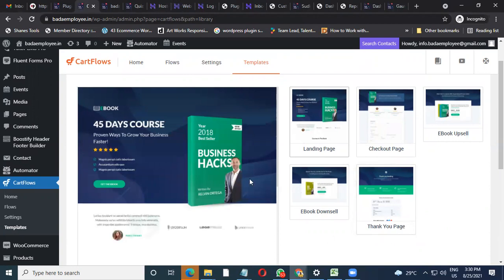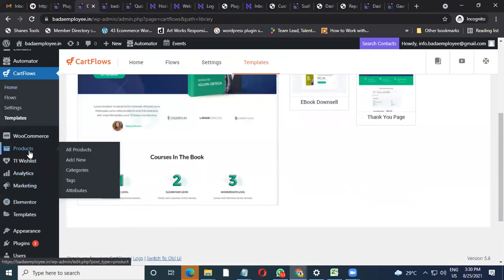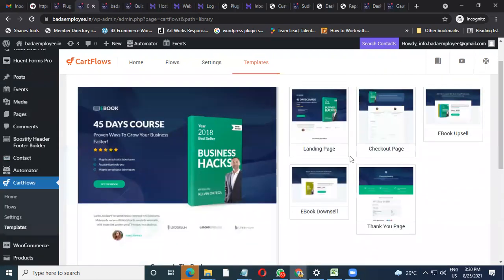Okay. Before you do that, for the checkout page, you require a product. The product can be added from the product place. So here it is, add new product. Once you click on this, you can put up the product name, put up a price, and pull that product into the checkout page, and it is good to go. You are ready to promote your page, and people can click on it and buy it.